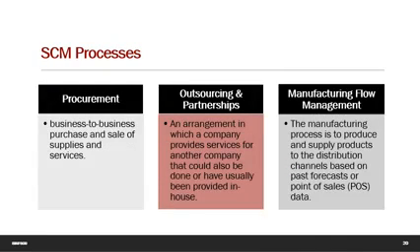Supply chain management involves many processes and procedures for efficient chain management. For example, procurement is the business-to-business purchase and sales of supplies and services. Companies develop strategic plans with suppliers to support the manufacturing flow management process and development of new products. The desired outcome is a win-win situation where both companies benefit and reductions in the design cycle and product